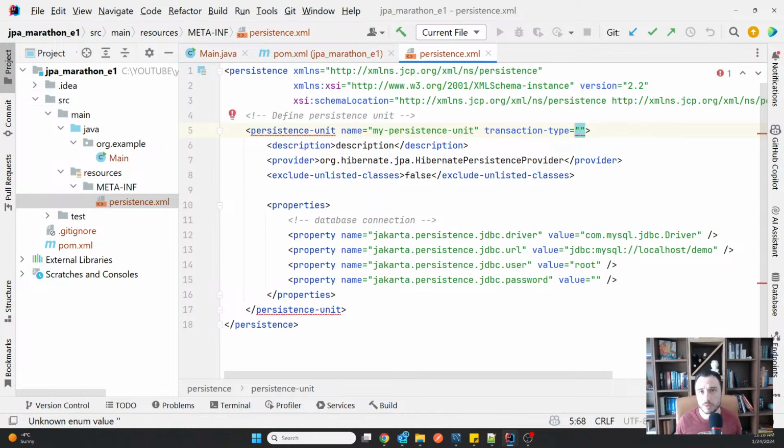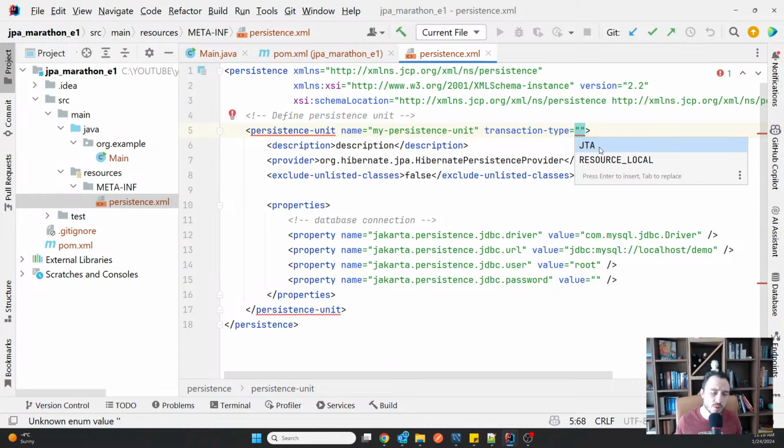But in case you want to have a container, such as JBoss, Wildfly, Glassfish and so on, as you used in the past, you needed to allow the container to manage the transactions for you, and in that case you would need to use JTA.